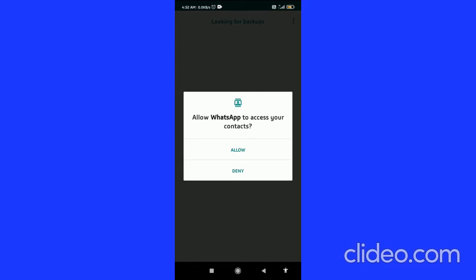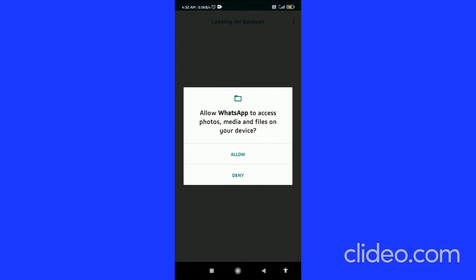When you click on continue, you can also allow the app. The most important thing is you have to give allow. It is saying allow WhatsApp to access the photos, media, and files on your device. So this is the most important of the settings. When you click on the allow button, then you have fixed the allow access to photos.